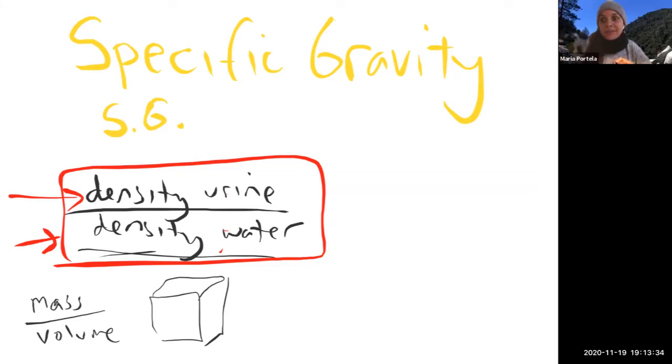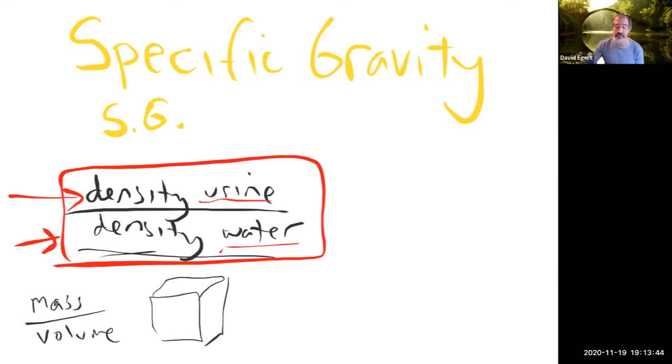Well, give me a number. Remember, density of your urine over the density of water. If the density of your urine is pretty much like water, what would be the value of this ratio? 1. So if your specific gravity is 1, that's basically like water,